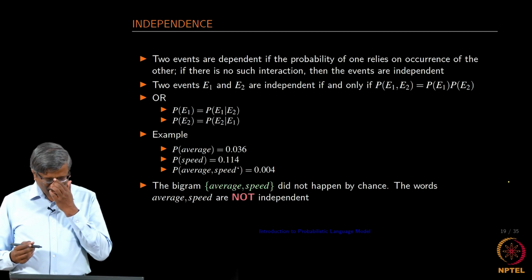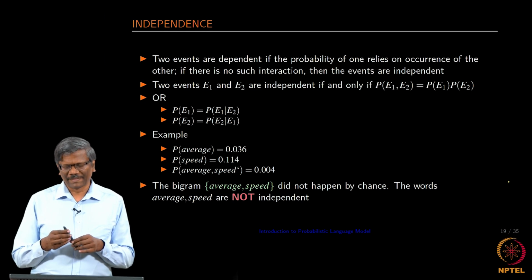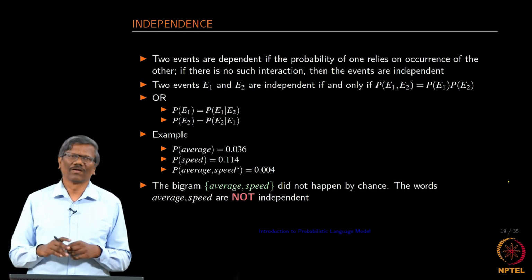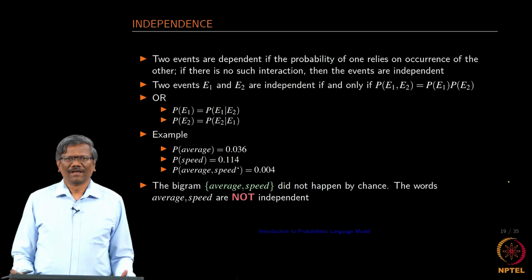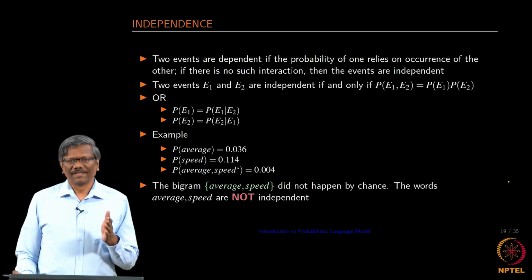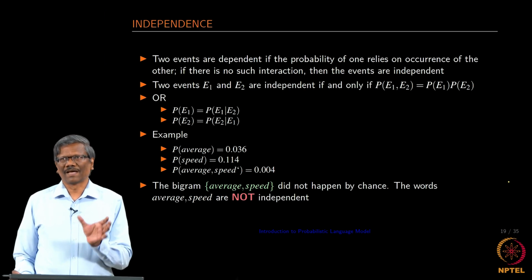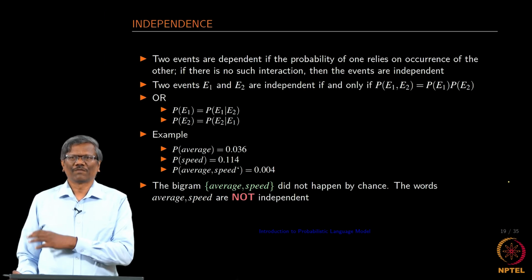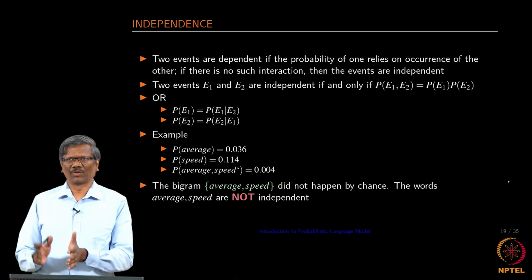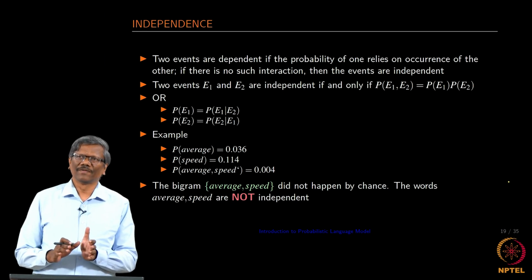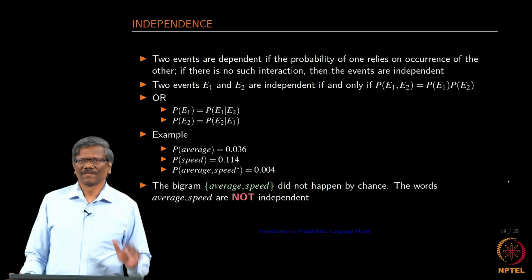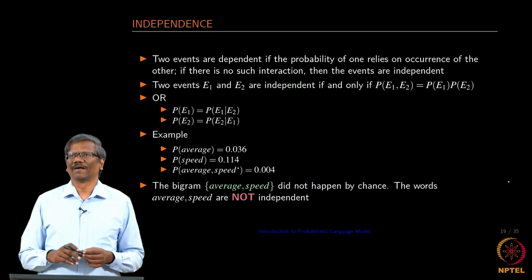See, for example, in many cases, right, we have seen certain words occur together. For example, New Delhi, New York, Hong Kong, and so on. If you look at the cities, they do not happen by chance, because they are the names of the cities. In the same way, there are certain words that always happen together. We want to find out how often they occur together, and then do they really happen by chance, or is it because of the number of times they occur, they always occur together, and we have to use them always as a set of words.